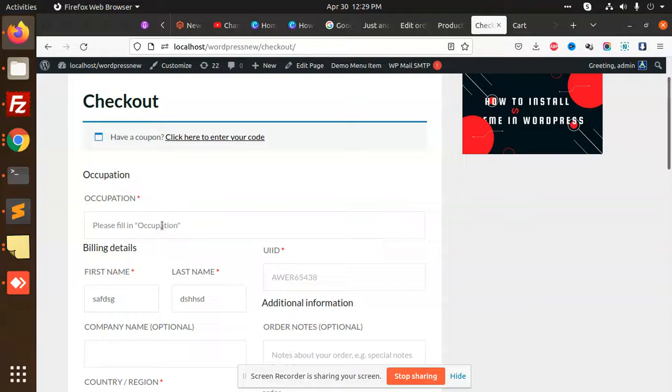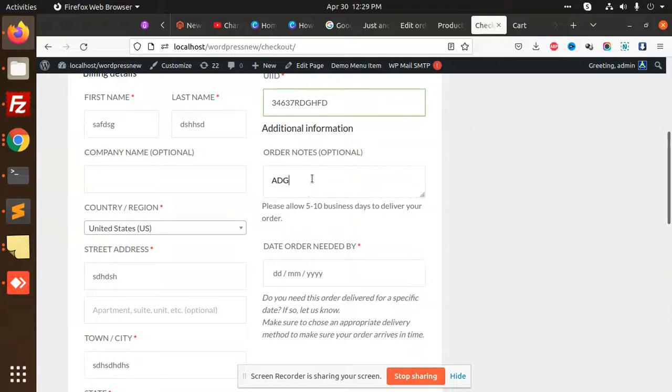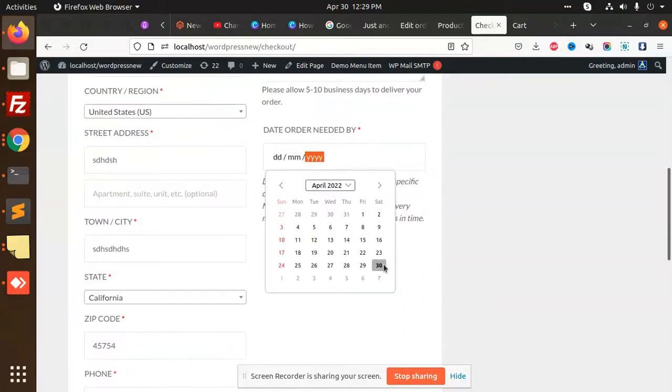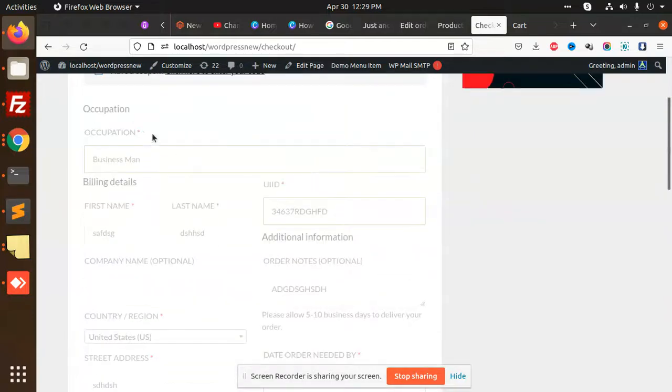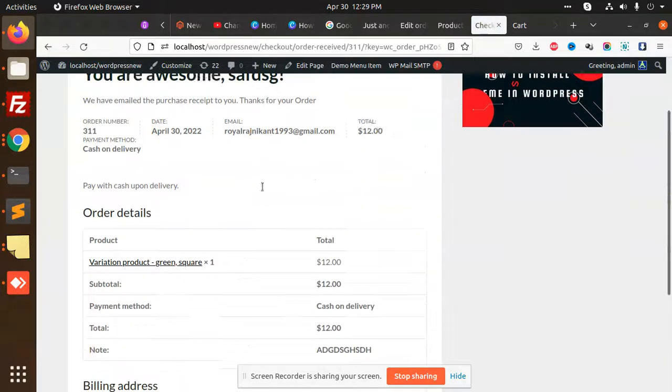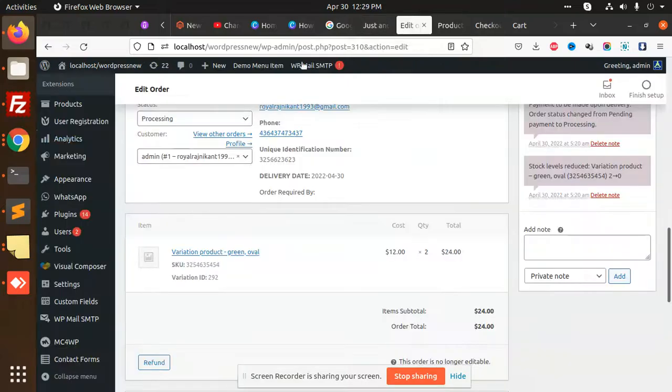So I'm going to fill my occupation as businessman. Okay, the rest of the details are filled. Next we have order notes we can add, delivery date we can add. Okay, let's place the order. Occupation we are going to add it. Okay, so the occupation that we have added, let's go to the sales